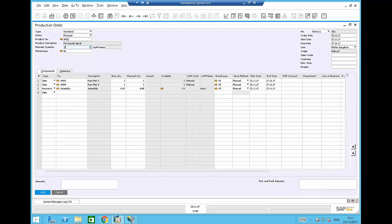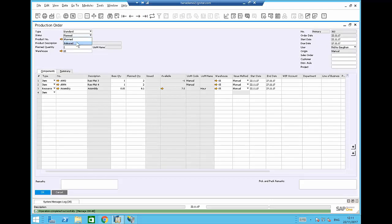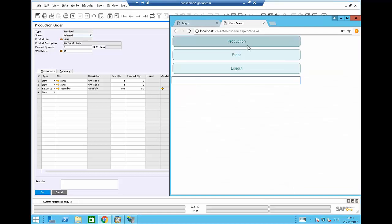Okay, so I would say I would like to go and create 2 of these, and I can now add this to the system. And if I just go back to that, what I will do here is I'll actually go and flag this one as being released now, and we're ready to go and start production. Excellent. Okay, so we can now go into the simple production system, and one thing to note here is that